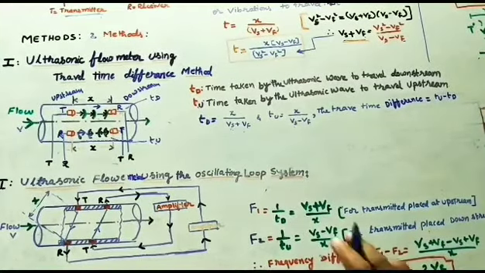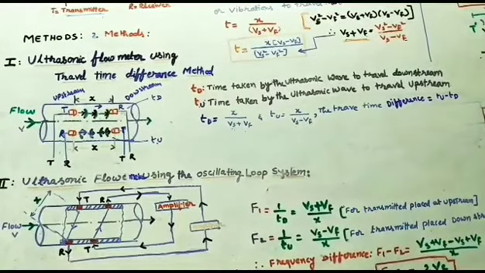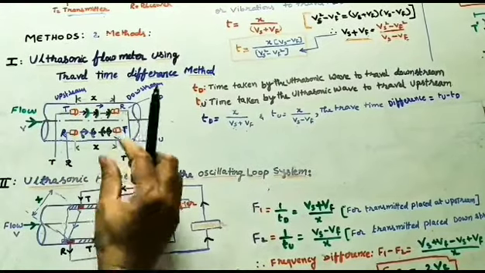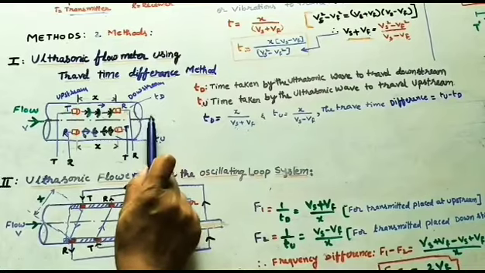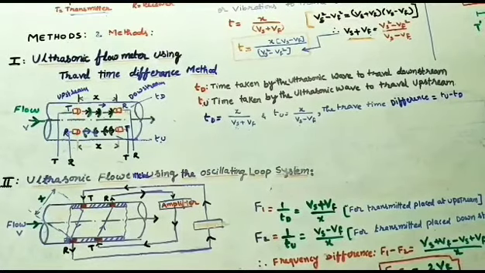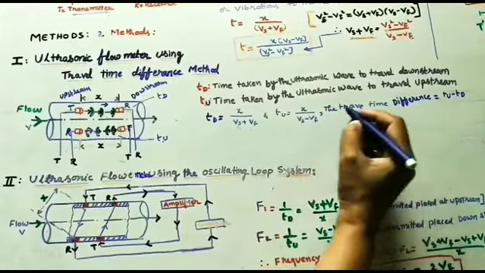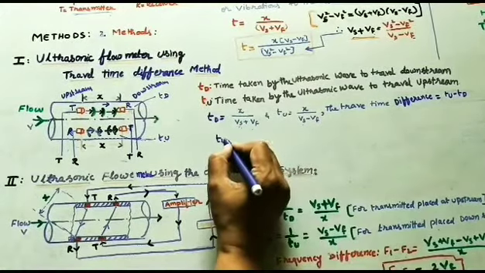Okay, calculate this time difference by using these formulas. We are calculating this time and this time, and some difference will come. That difference will give the flow in this pipe. Okay, it is the main basic principle here. So let us take Tu. Tu minus Td is equal to,